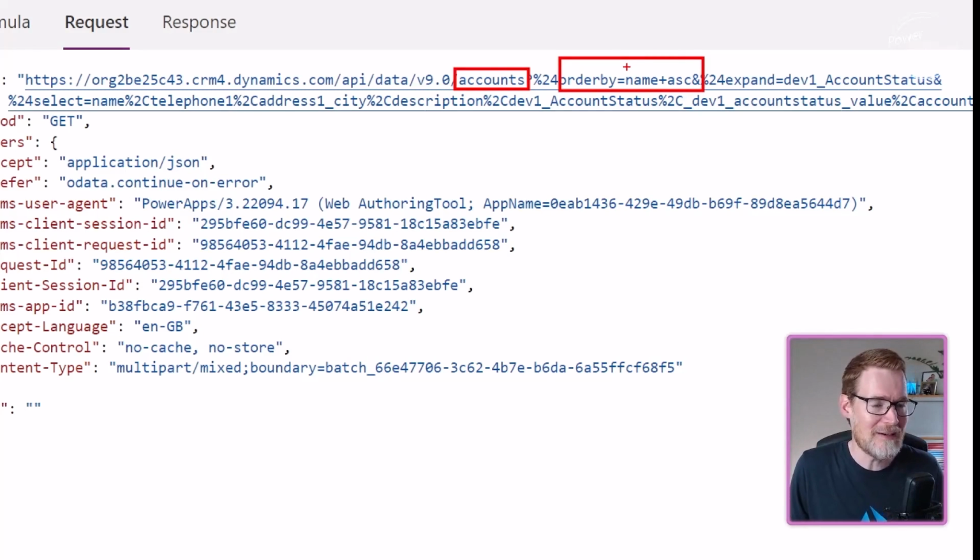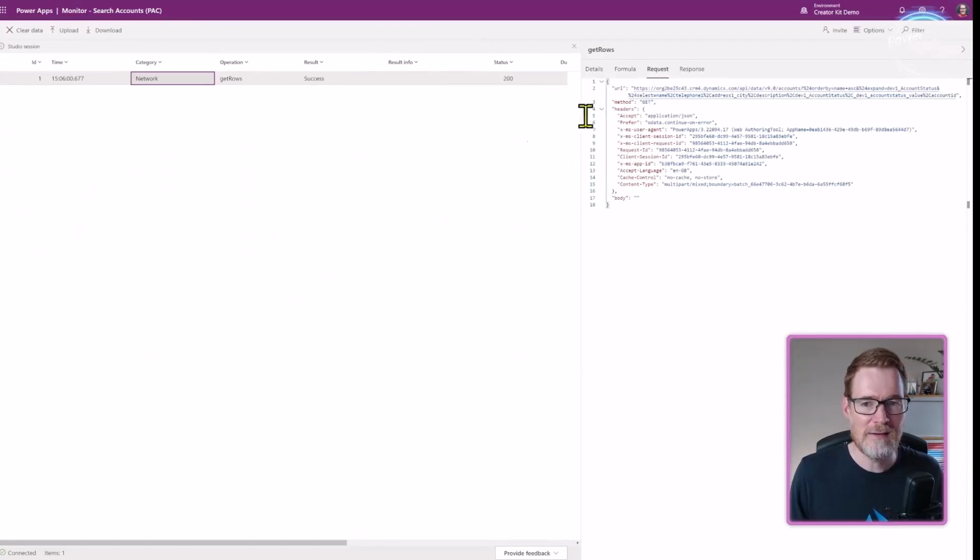And if we did any filtering, we'd also want that filtering to be passed across here. If we were to do any filtering that would happen on the client, what we would see is after this network call, we'd also see a second call, which would be a filter or a sort. And so let's actually see what that looks like.